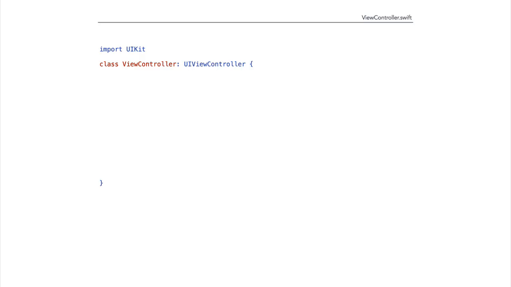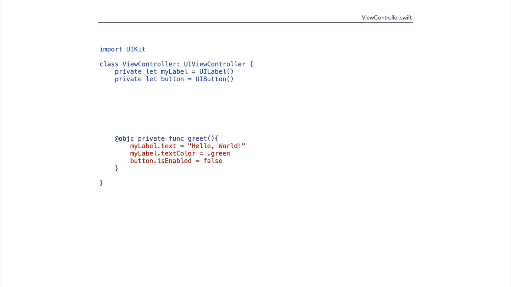Here's our UI view controller code. The view controller has the label and the button. The greet action is labeled @objc so that it is visible once we set it using the add target action. And inside you can see that greet talks to the label and the button. Here's how we attach the button to the view controller's action. We send a message to the button, addTarget, and set ourselves, the view controller, as the target of the